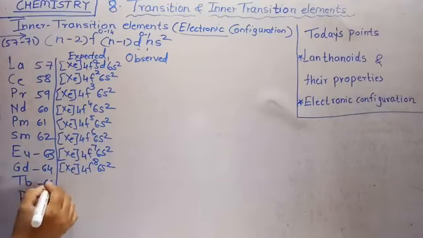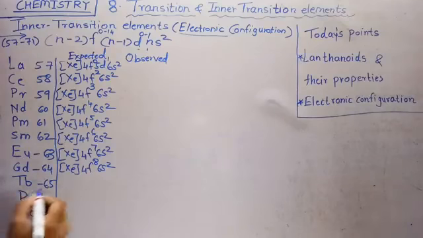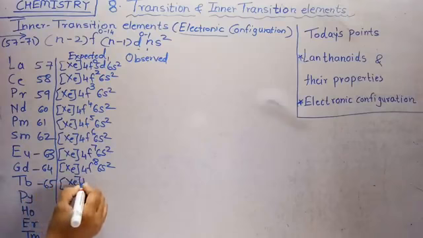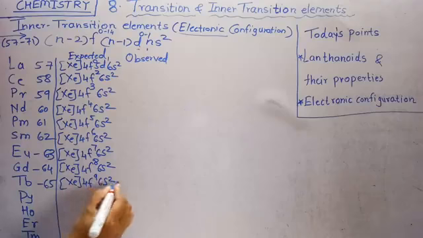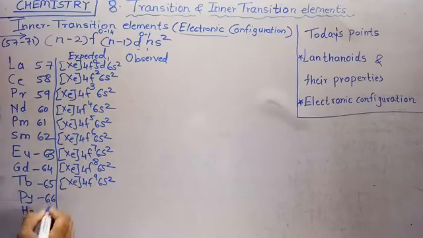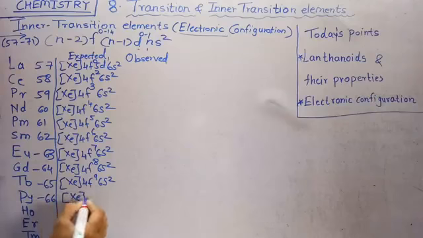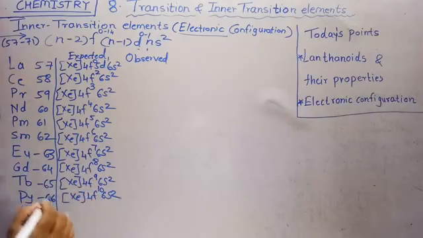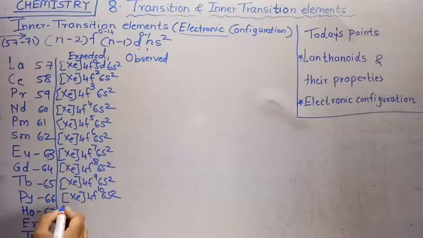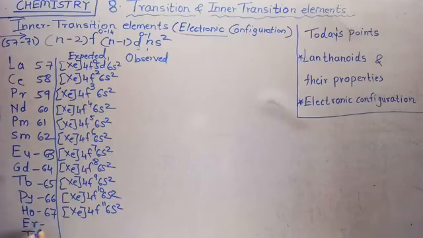Then next is terbium, 65, which shows the electronic configuration xenon 4f9 6s2. Next, dysprosium, Dy, 66 electrons, xenon 4f10 6s2. Next, holmium, 67 atomic number, xenon 4f11 6s2. Then next is erbium, 68 atomic number, electronic configuration xenon